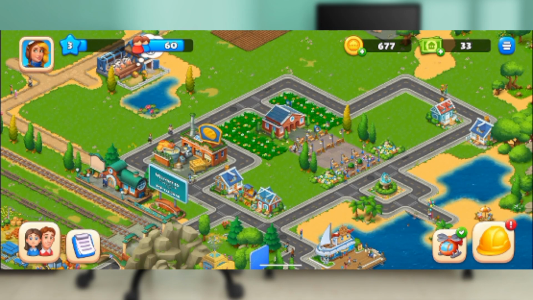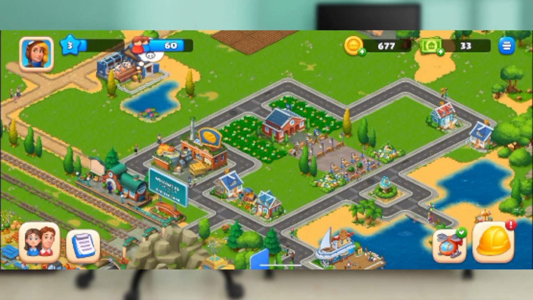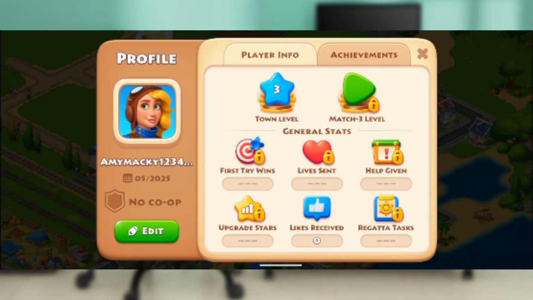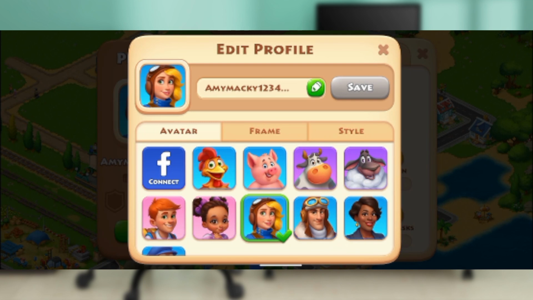So to begin customizing your town, go ahead and tap on the blue arrow icon located at the left side of your screen. Okay, so this icon grants you access to the edit mode. If you check the left corner of your screen, you're just going to see your own icon. All right, and if you click on this edit mode, it's just going to take you here